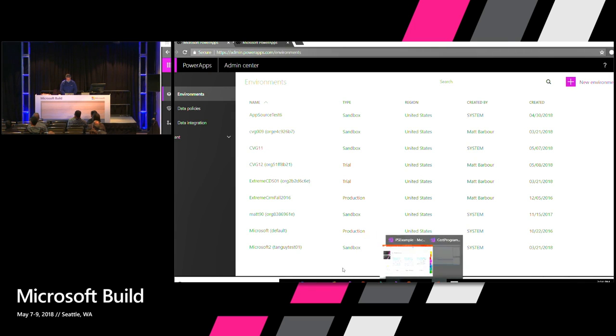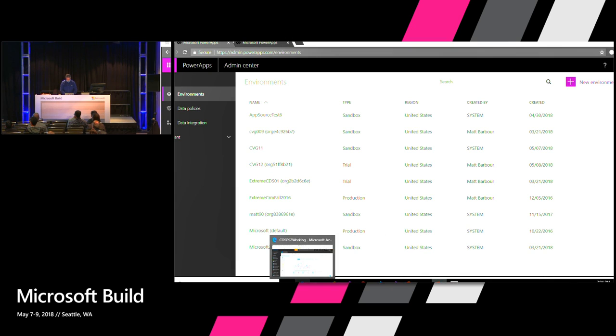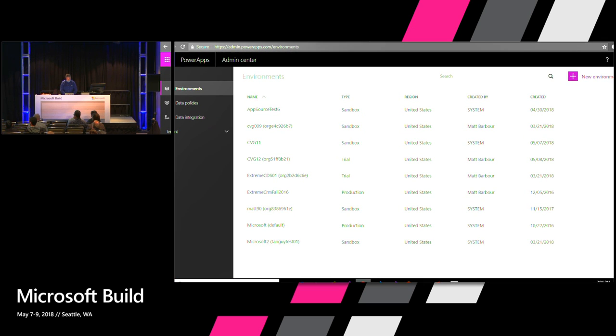All right. So the first thing we're going to deal with is, or we're going to talk about, is the entity constructs. So what I'm looking at here, actually, we'll start with creating an environment. So what I'm looking at here is the admin.powerapps.com site. These are several of the instances that I have available in my world. In this case, I have a tenant that has both Dynamics 365